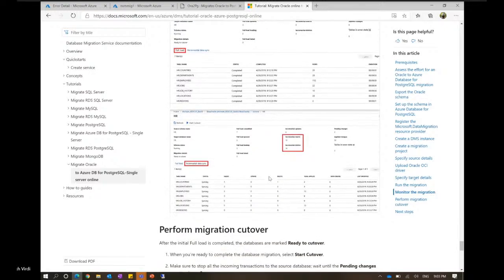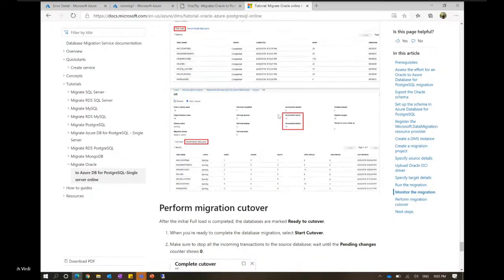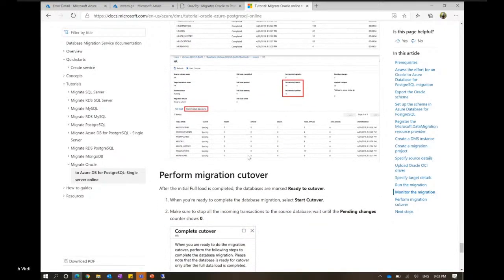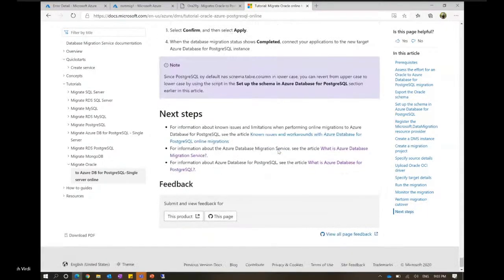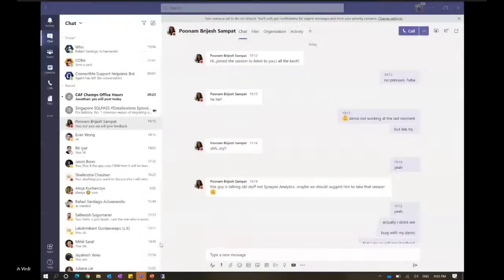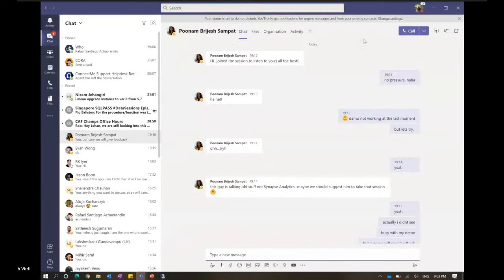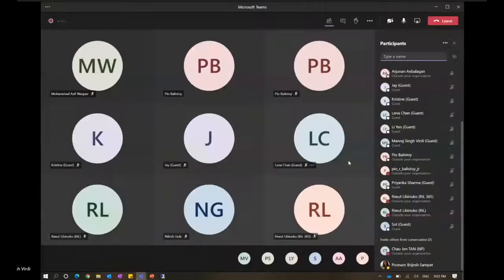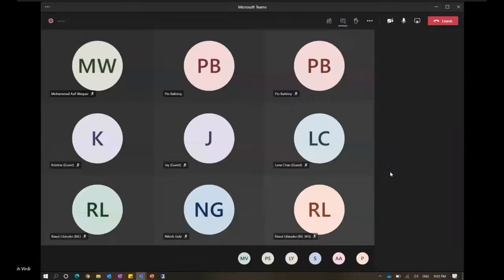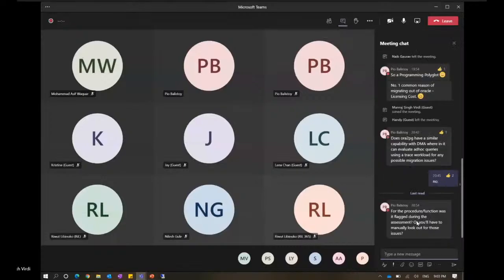It will also take care of all the incremental data that is coming to your Oracle database and perform the final cutover also. So yeah, I think we are short on time, so I will not spend time troubleshooting this, but I believe this should have given you some idea about what it looks like.